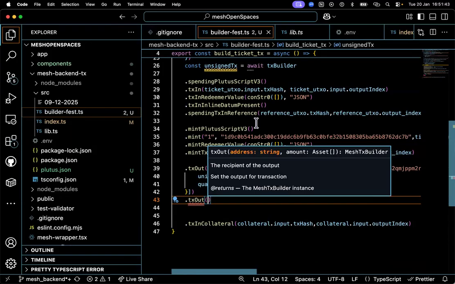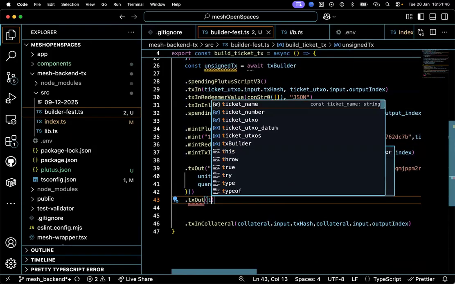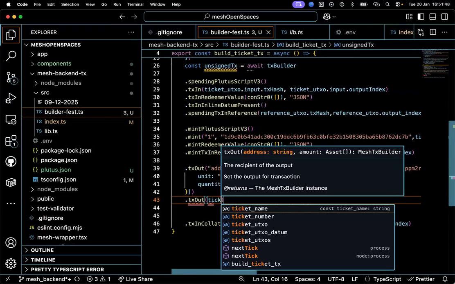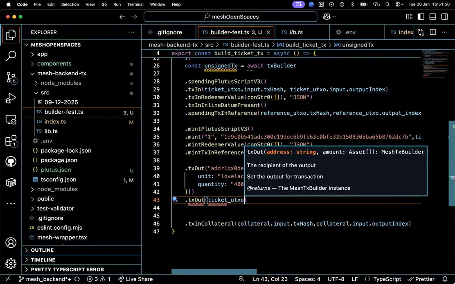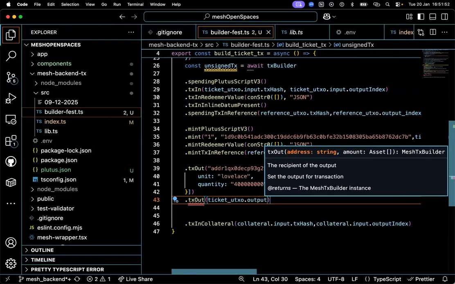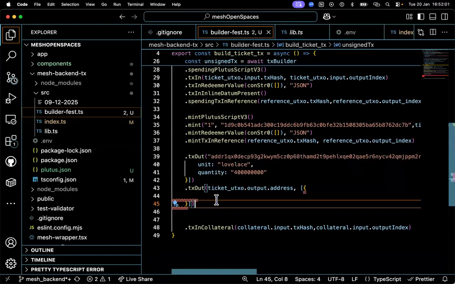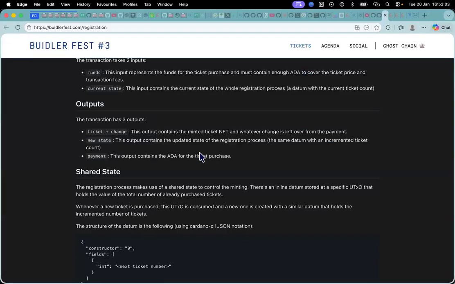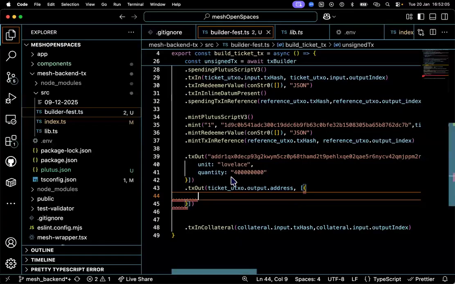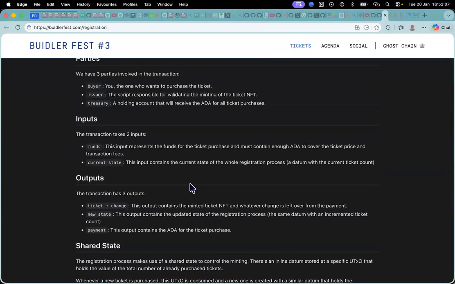And the address is the ticket UTXO dot output dot address, and the amount is going to be what's the amount? The amount, it's just the beacon NFT token, the beacon token. Yes.